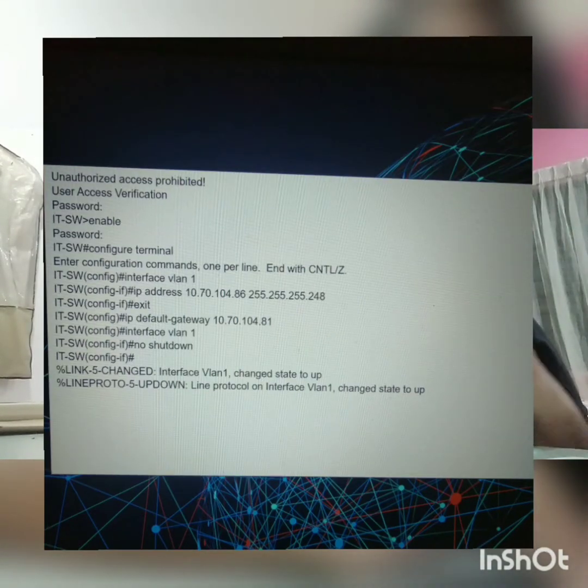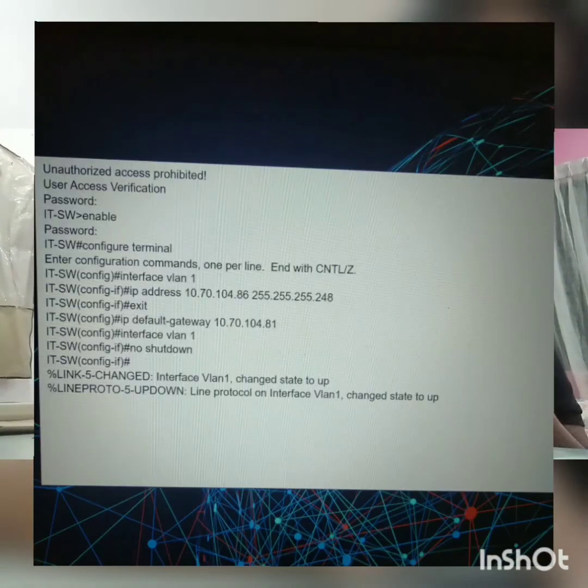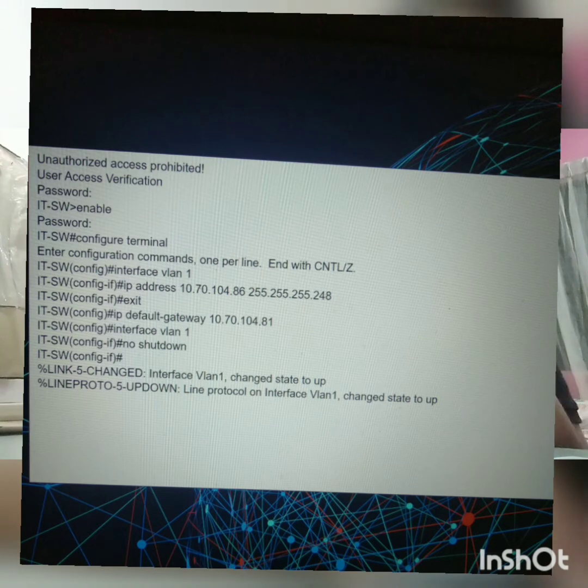Then continue with the IP default gateway, the IP address of the default gateway, and enter back. Then we do interface VLAN 1, no shutdown, and exit the command. So next, the last one I guess.